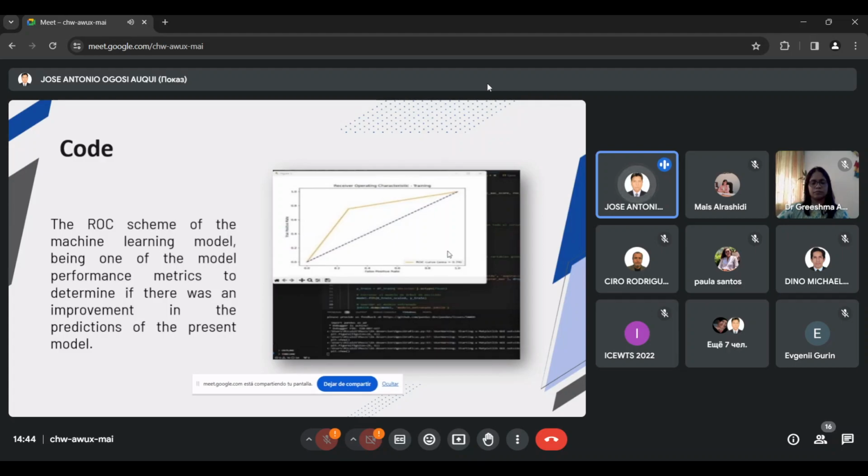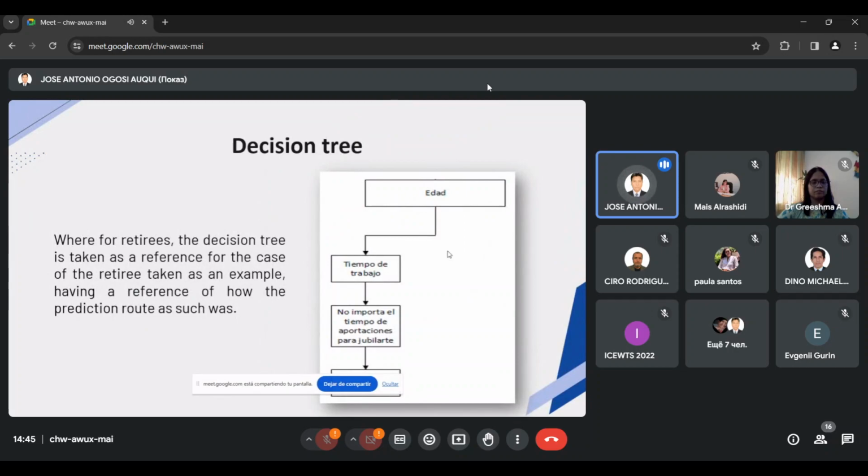Why? Because since that day until that day, the diagram will be increasing, because the pension, the money of this person, will be increasing in the future. That is named as a ROC. And the decision tree